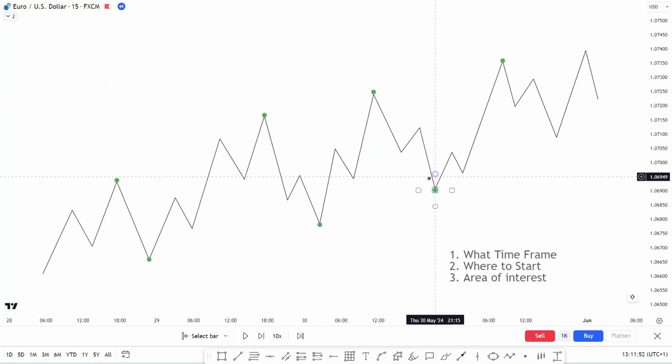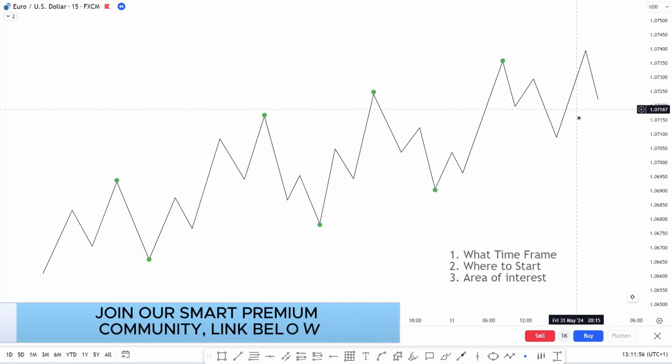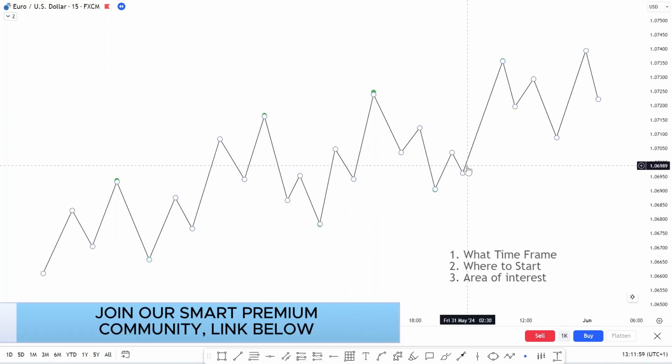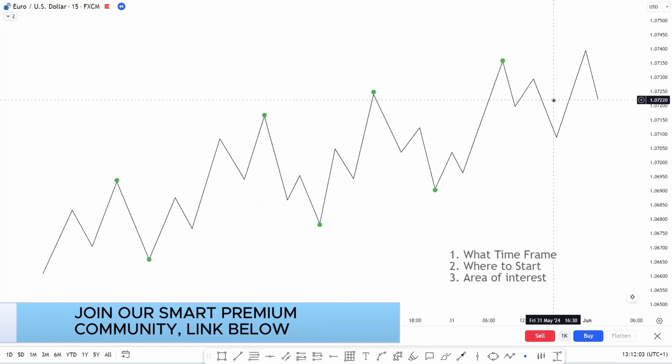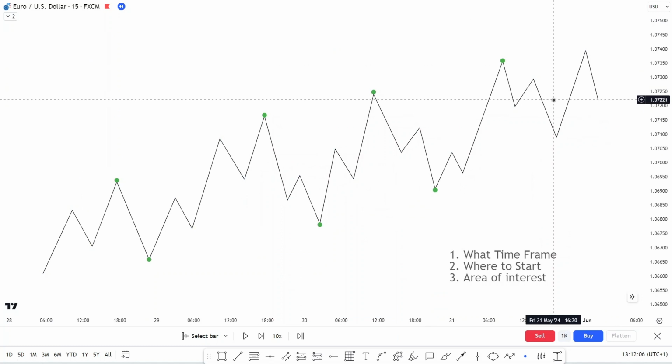I say maybe this one here is an inducement, and then identify a break of structure, and then I wait for the market to take the next inducement and expect the price to maybe mitigate my order block and then take a buy. But this is a great mistake. Okay, when you want to make a proper structure mapping,